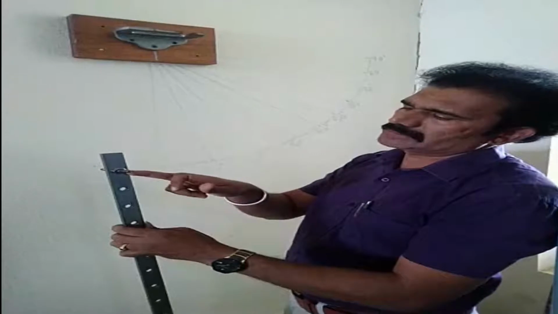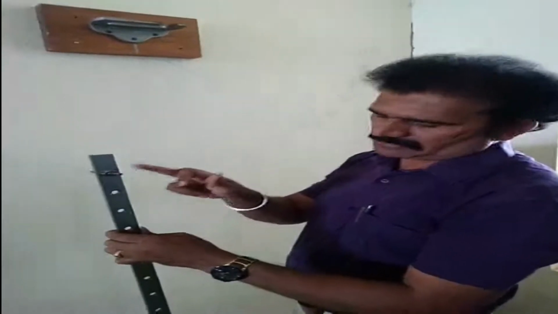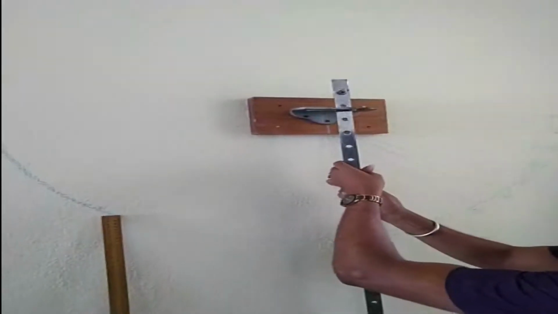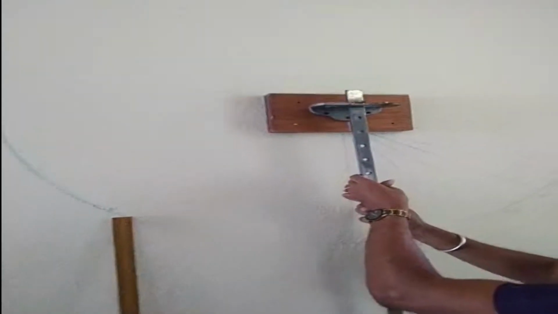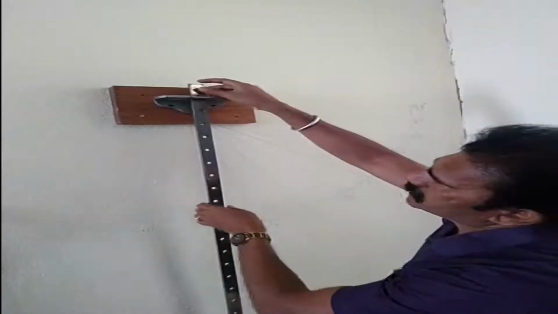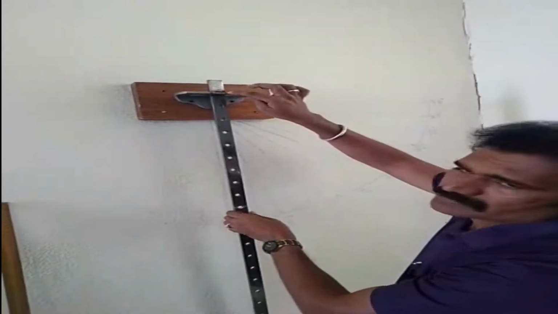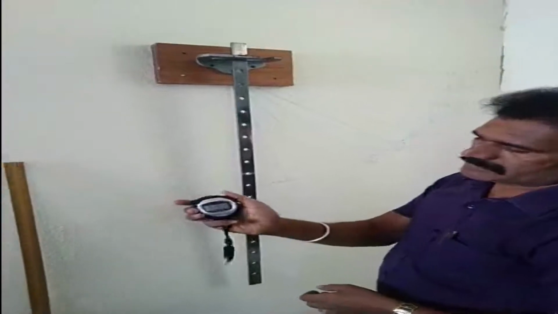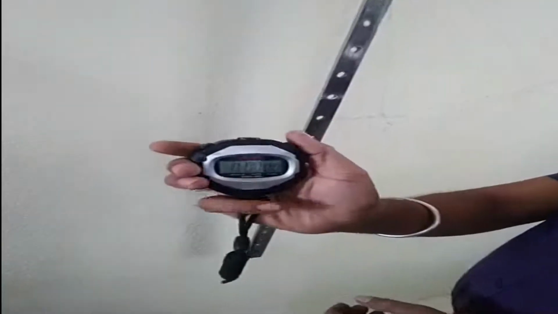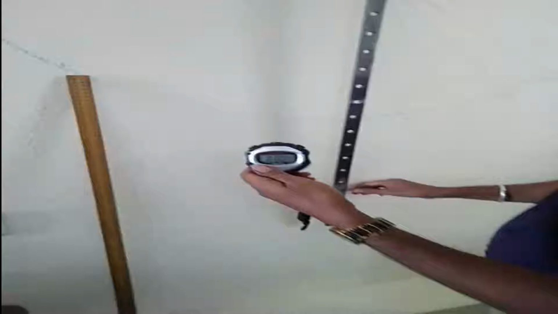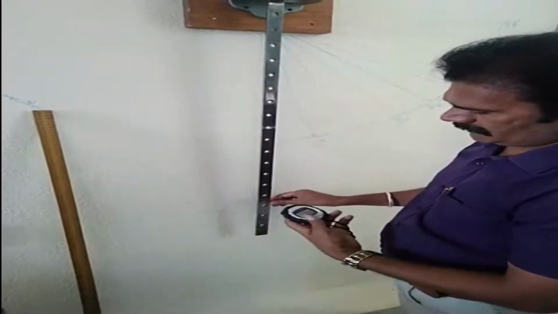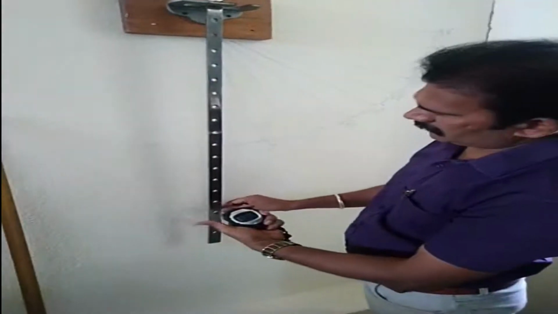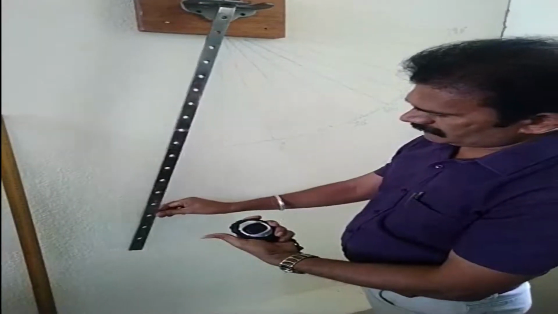So I will show you how to take the time taken for 10 oscillations for the first hole in the bar pendulum. You have to fix it like this, and then observe whether the sharp edge of the bar pendulum is touching the flat surface or not, so that you will get frictionless oscillations. Now we will take the digital stop clock. Initially it is showing 0. Now I will just move the bar pendulum to one side, and I will be ready with the stop clock. Then just leave it like this.